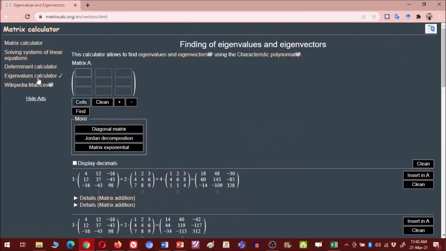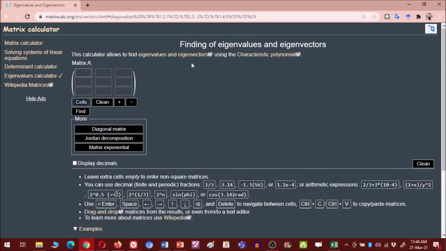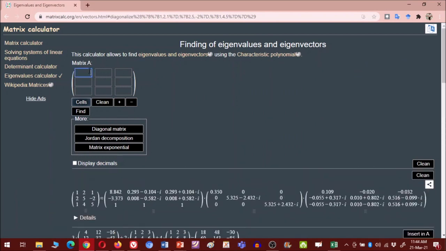So eigenvalues, on the same lines, you can find the eigenvalues. You can take any matrix. Okay, so let us enter the matrix A and we shall find its characteristic roots and eigenvalues.